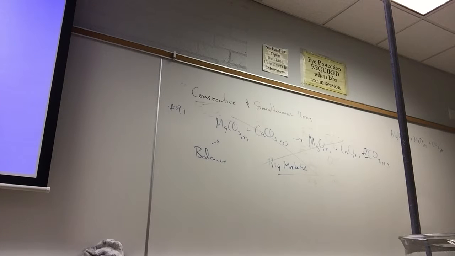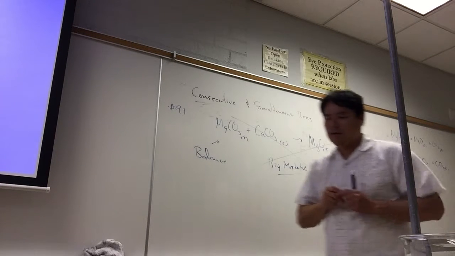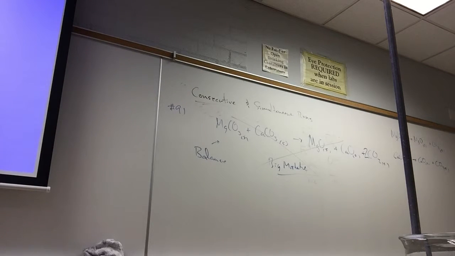You're very familiar with Bronsted acids and bases. Bronsted acids and bases are proton donors, proton acceptors. This is called a Lewis acid-base reaction. Lewis acids and bases are different. They're electron pair acceptors and electron pair donors. And so this is an acid-base reaction, and this one doesn't care about the calcium carbonate. The calcium carbonate can react independently of the magnesium carbonate, and the calcium carbonate itself will decompose into calcium oxide and CO2 gas. Now, the question is based on the amount of